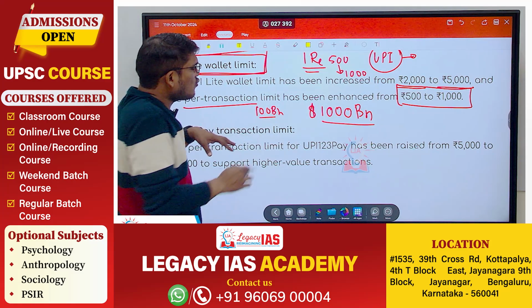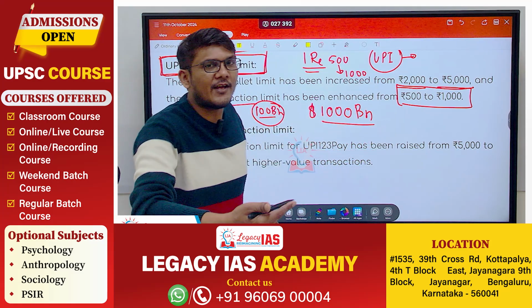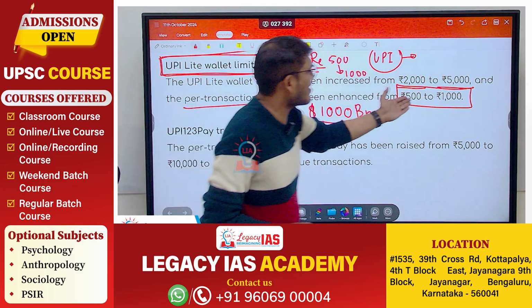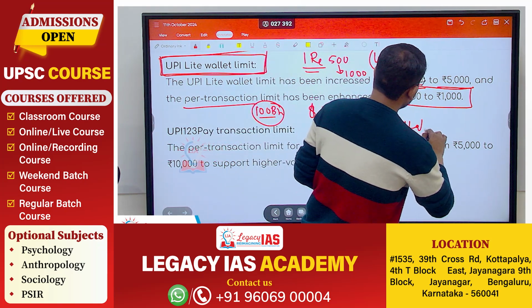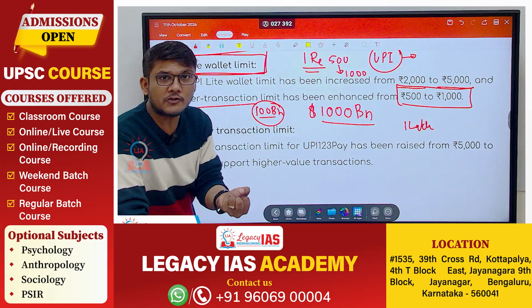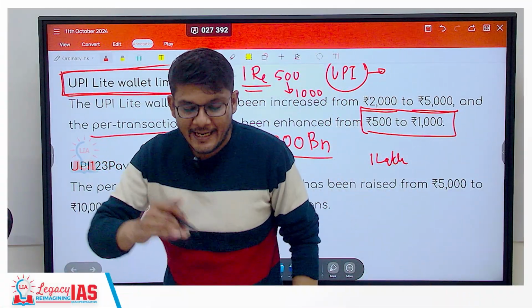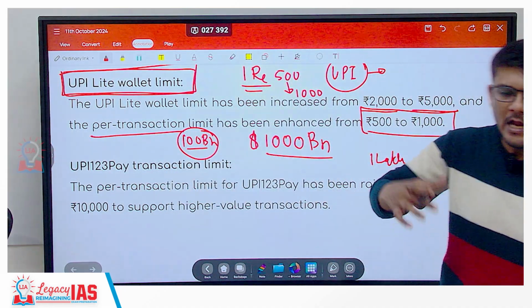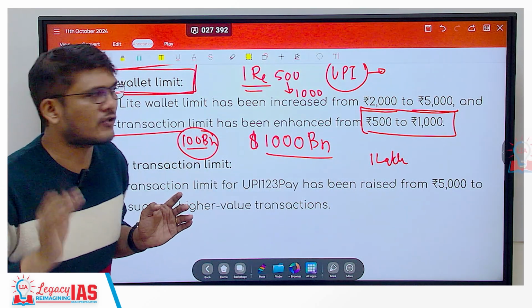So a person who just knows that the range is somewhere around 100 can understand that this statement is wrong. In that way, you have to know what kind of ranges we are talking about. So it is in hundreds and thousands. In the examination, they may give you 1 lakh. So you may know that per transaction in UPI Lite it cannot be 1 lakh. It is Lite, a smaller version, less payment. Even after increasing, it is increasing from some hundreds to 1000. So you can eliminate the options. If you remember the exact number, it is a simple number, so that is fine. If not, at least remember the kind of range that is available. This is how you study these data.